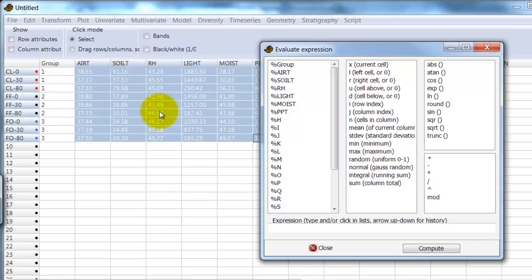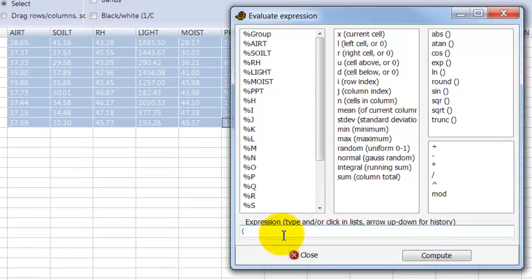Because, as I've talked about in other videos in this series, these environmental variables here are different kinds of things. Air temperature and soil temperature are the same kind of thing. They're measured in degrees Celsius, but relative humidity isn't, light isn't, moisture and salinity, they're all different kinds of things. And if I rescaled air temperature to be degrees Fahrenheit, I'd get different results, which doesn't make a whole lot of sense. So I'm going to go in here and evaluate expression, brackets, current cell minus mean,